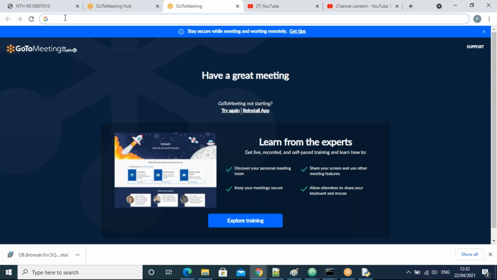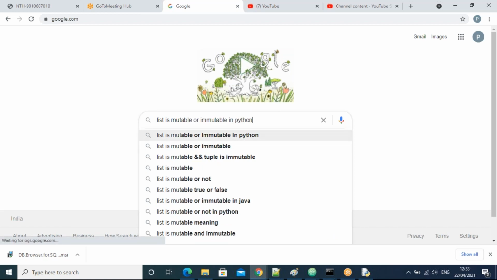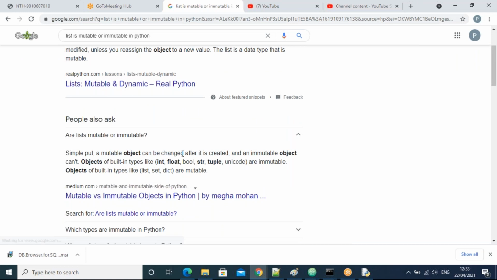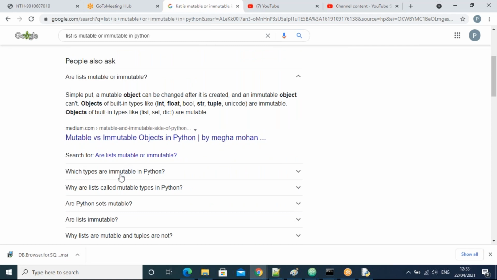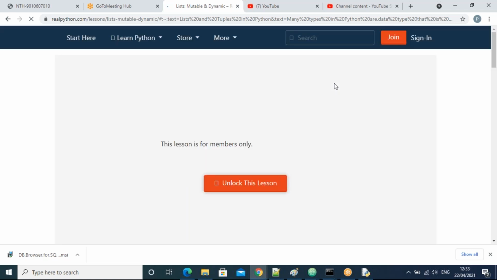Just wait, let me get the confirmation, because I'm sure, but maybe some confusion comes sometimes, right? Is list mutable or immutable? I hope list is mutable only, guys.